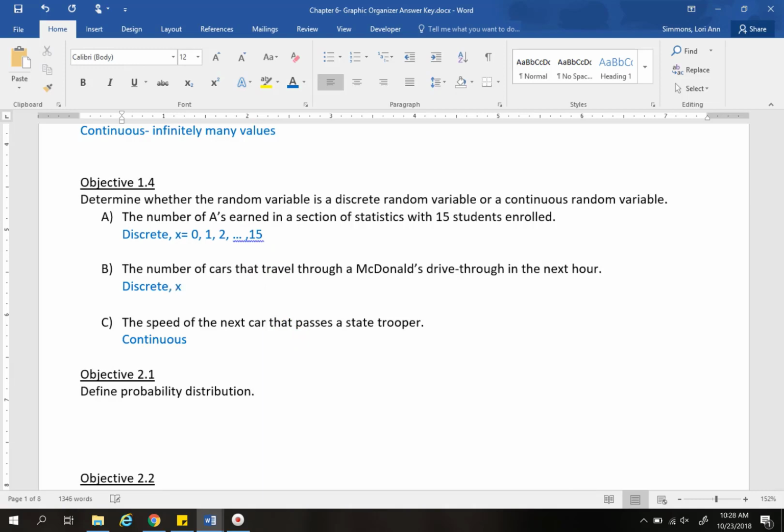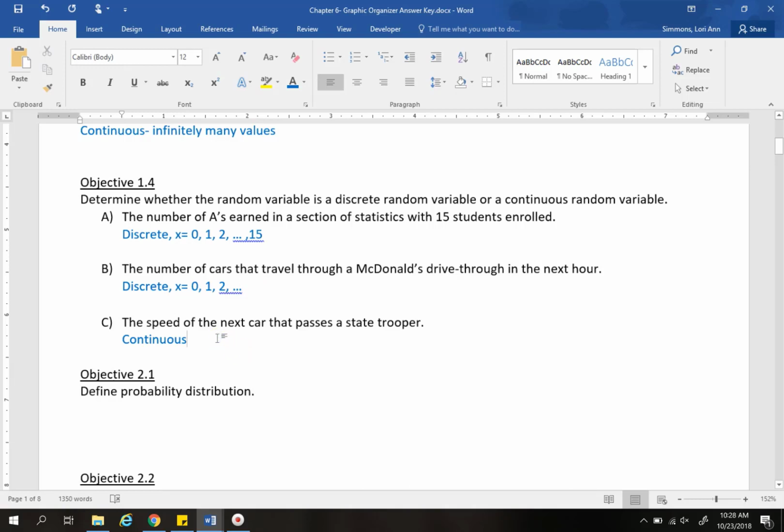What about the number of cars that drive through McDonald's drive-through? Again, we have 0, 1, 2, and now we're not going to put an end value on there because we don't know the max number of cars that could go through a drive-through at